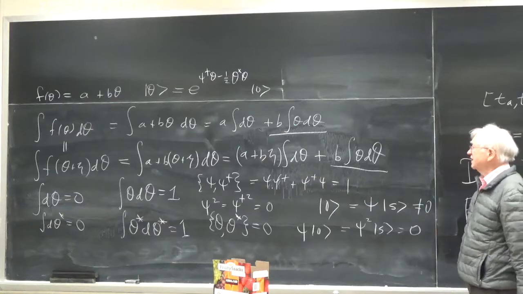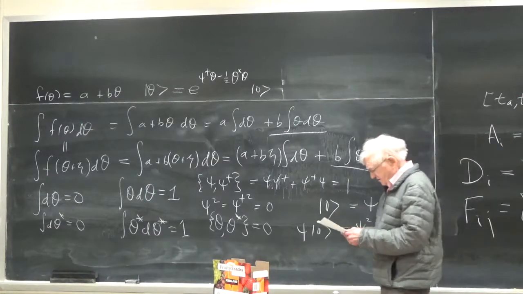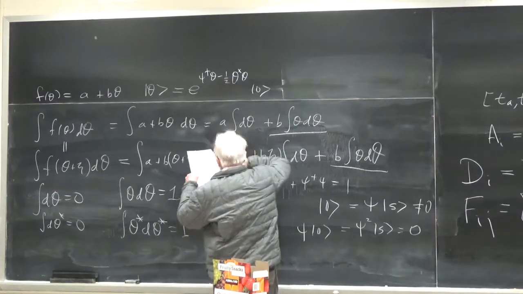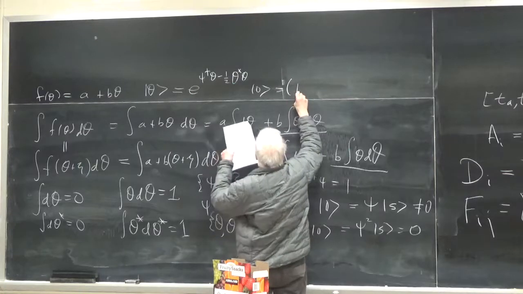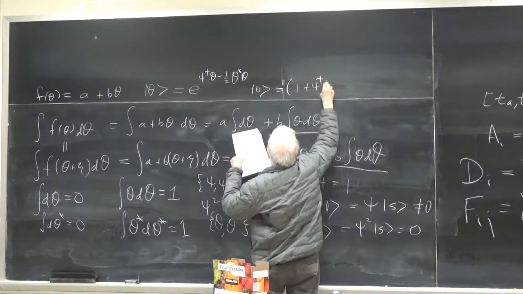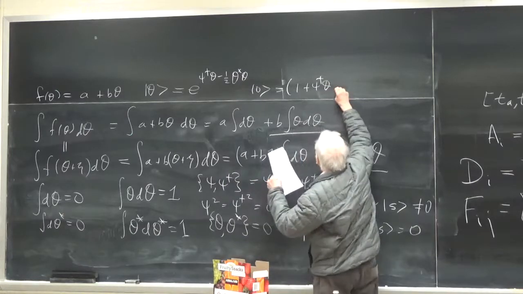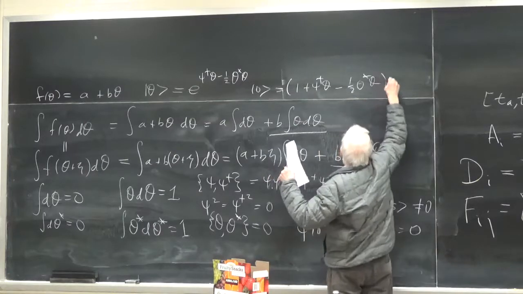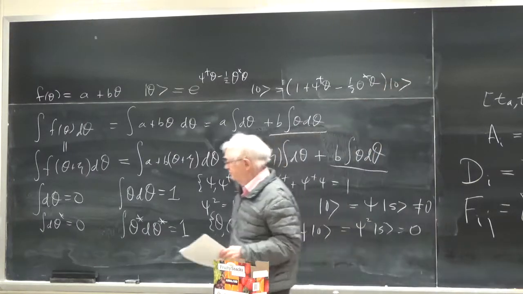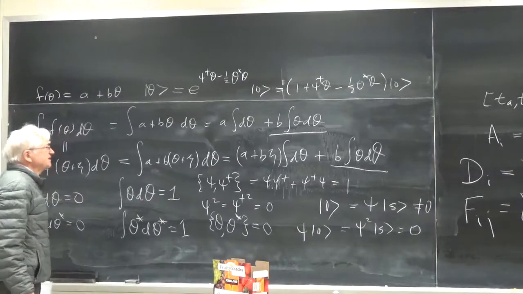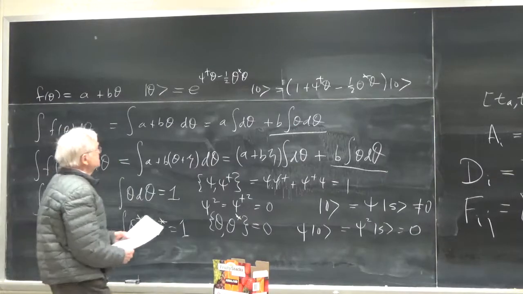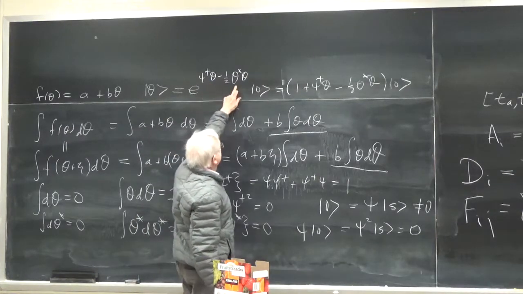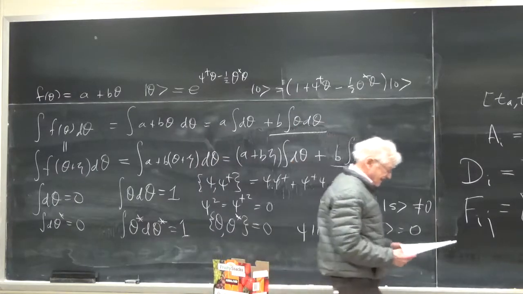But this, I think, is standard. So this, we can then expand this exponential, and if we expand the exponential, what we get is 1 plus psi dagger theta minus a half theta star theta on what I'll call the vacuum. Any other terms is 0. The square of this is obviously 0. The square of that is 0. The product of these two is 0. So you only get those terms.